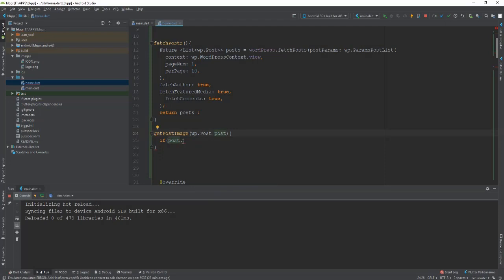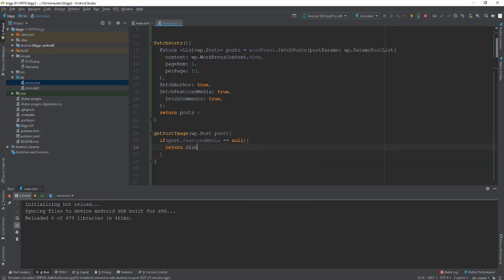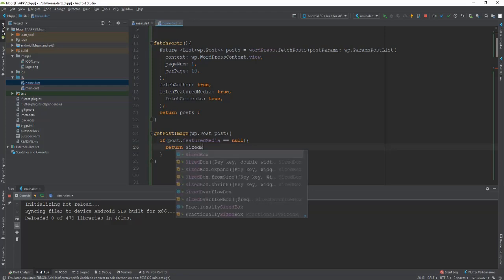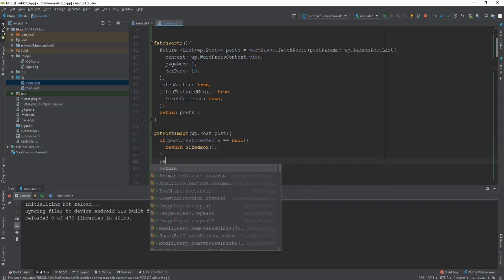So if the post doesn't have any feature media, equal to null, what is it going to show? It is going to show some box or something. So I'm going to show a sized box, and what it's going to show, it will return